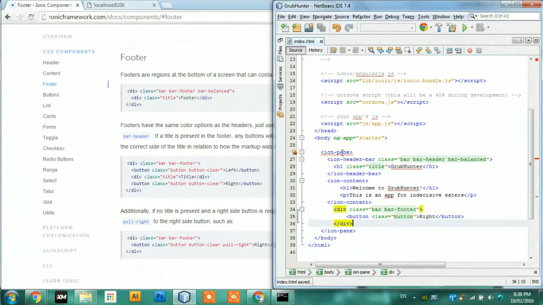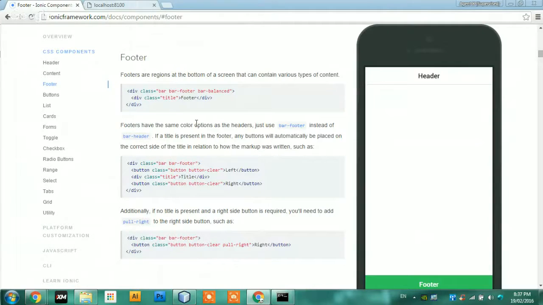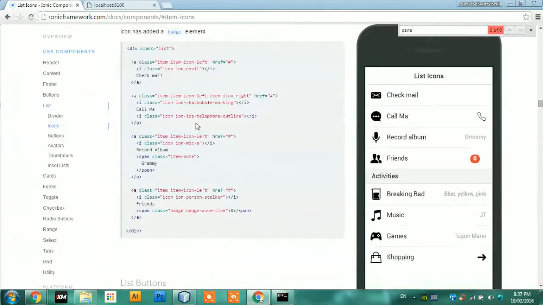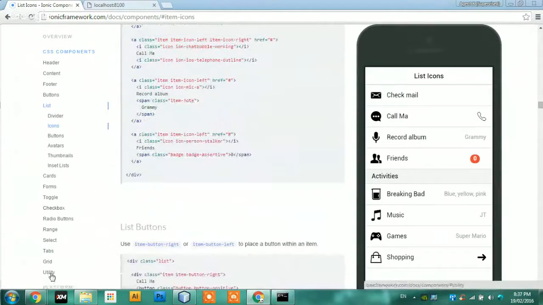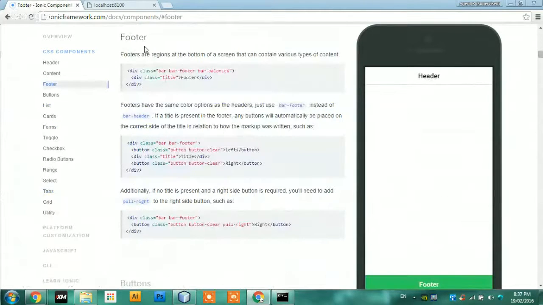As far as I know, we're supposed to be working inside the ion pane. Let's see if I were to take a look at pane. Oh, the pane, I can't find it. Utility, grid, tabs. Nope. Content, footer. Footer reaches at the bottom of the screen that can contain various types of content. Footers can have the same color options as the headers. So